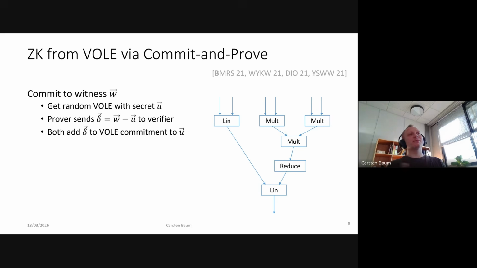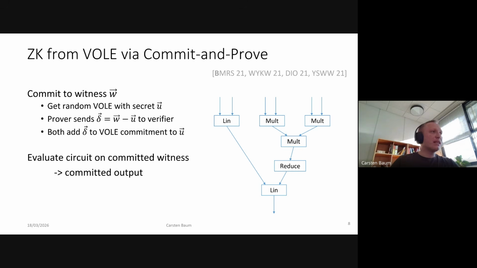So you can add commitments because they're linearly homomorphic. You can multiply them using a multitude of different techniques. That's actually where most of the research has been. And then at some point, you get a commitment to the output of the circuit, and then you just open that commitment. This is standard techniques as they are used in many zero-knowledge proof systems. It's usually called the commit-and-prove paradigm, which is also, at this point, almost as old as me. Yes, so that's what you do.